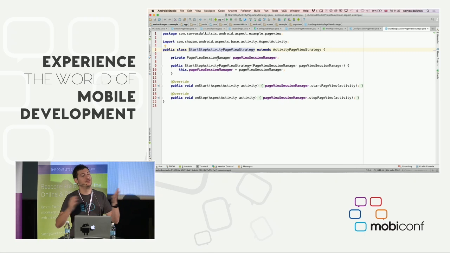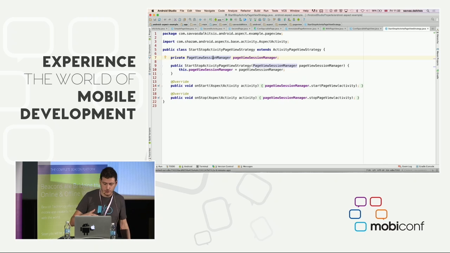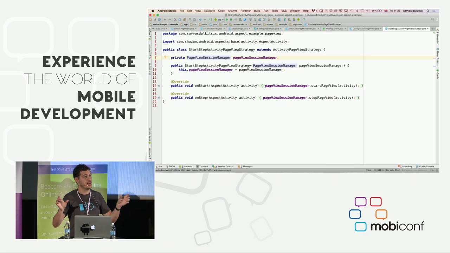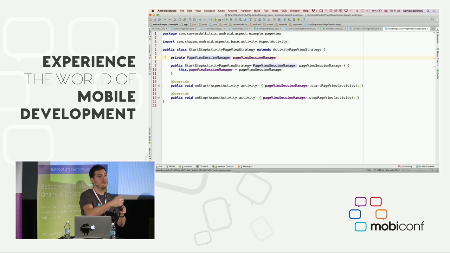Now we've transitioned into the domain of a page view. There's a start page, there's a start session, in this case, stop, names, that sort of thing. There's nothing Android about it. And the other thing that it allows you to do is it allows you to create two traits, one that applies for activities and the other one that applies for fragments, put them both into that custom annotation you had, and reuse that annotation anywhere you want. So that with page view annotation that I've shown you, you can use that as it is on a fragment and on an activity if you add the extra trait to it, and it will work seamlessly.